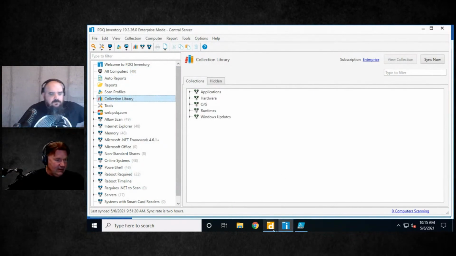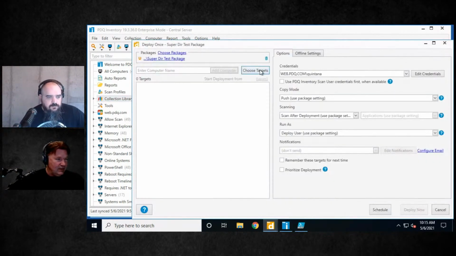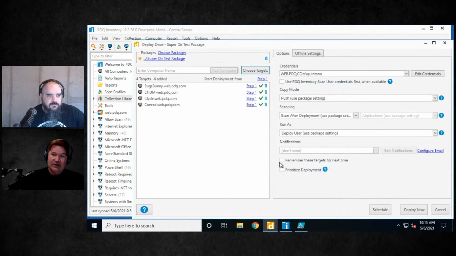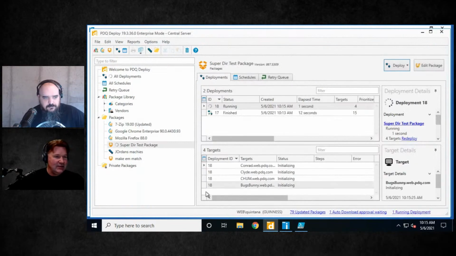And now, of course, when we decide to deploy, we can choose our target list of Jordan's Mackies right there. Remember, you do need that capital O as the second letter, otherwise this won't work. It's camel case plus. Camel case, is that what it is? All right, boom, that's going.